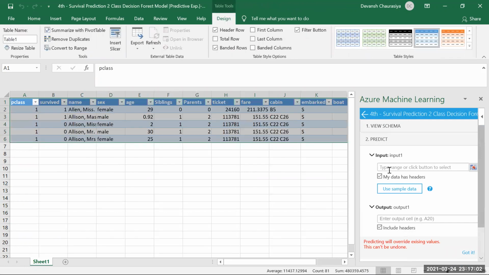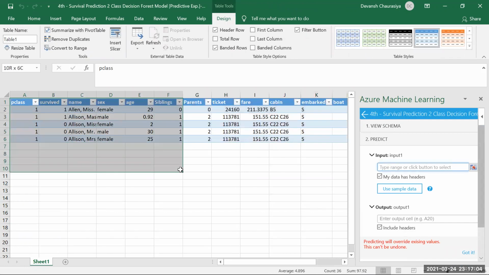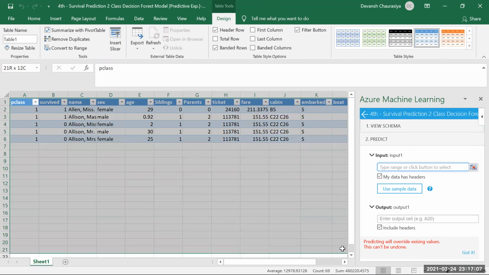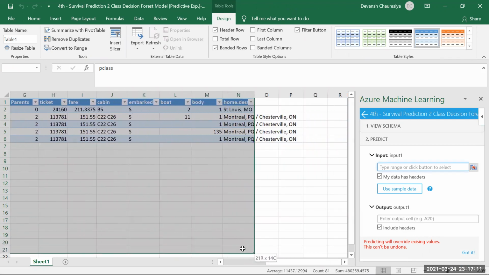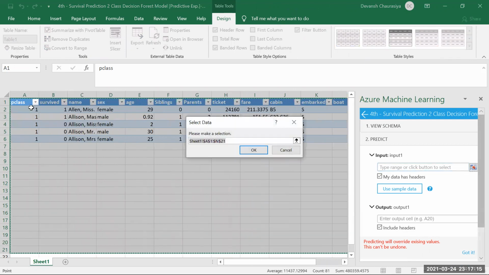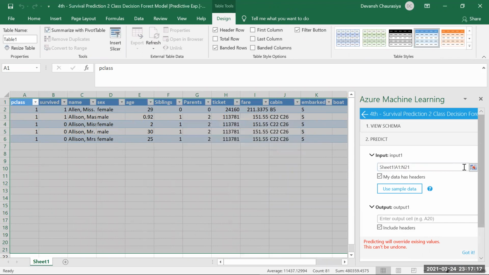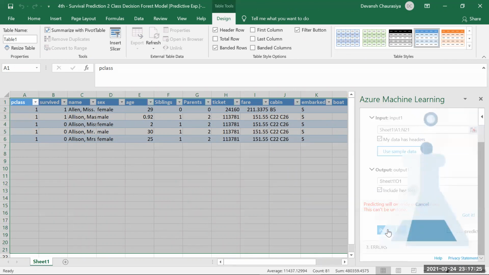Use sample data. Give the range. Range is for another 20 people. Something is wrong. Okay, cool. Now let's come and the output we require is 0, 1. I hit tab. Now I click here and I go to predict.